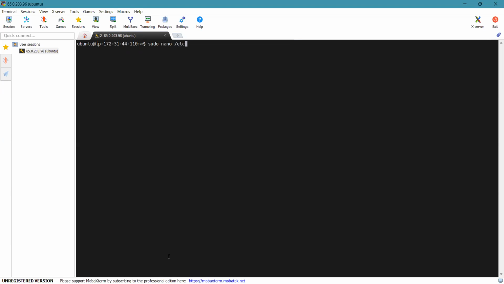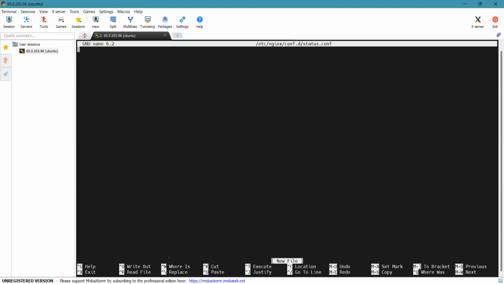We will create the configuration file in the etc directory, where all the configuration is saved in Nginx, and the name which you are going to give is status.conf. So this file we are going to create, and if you press enter,